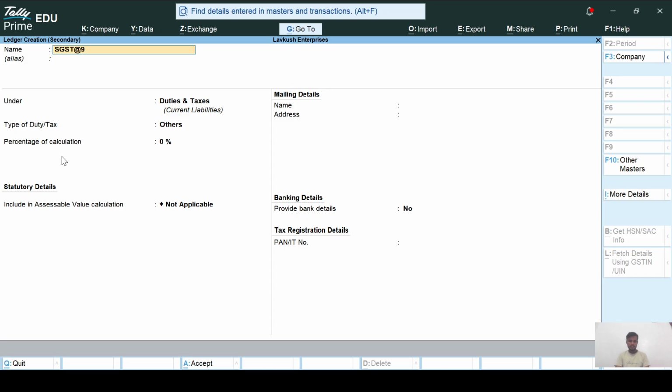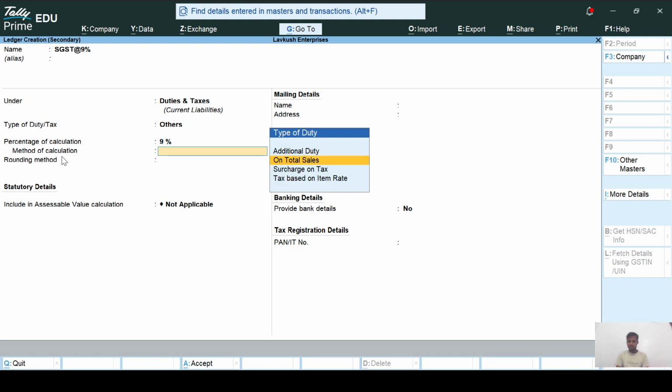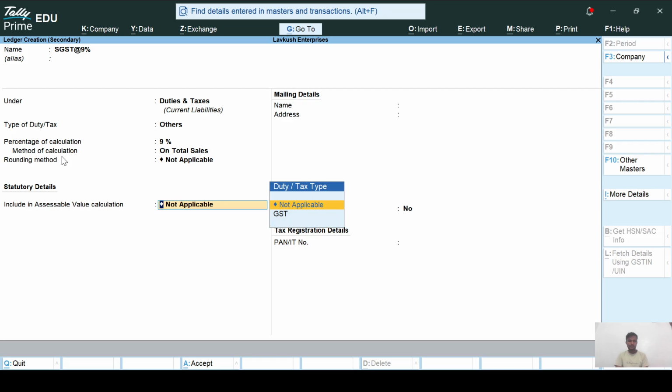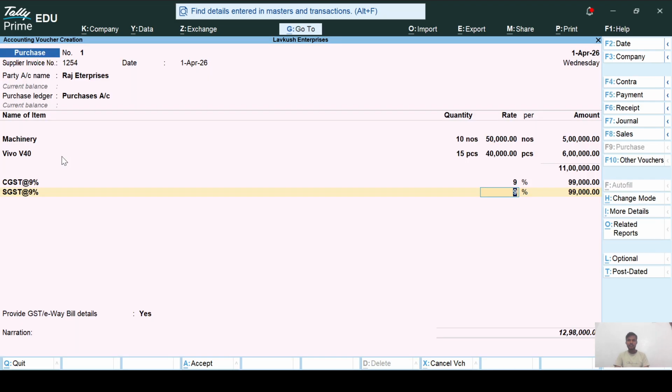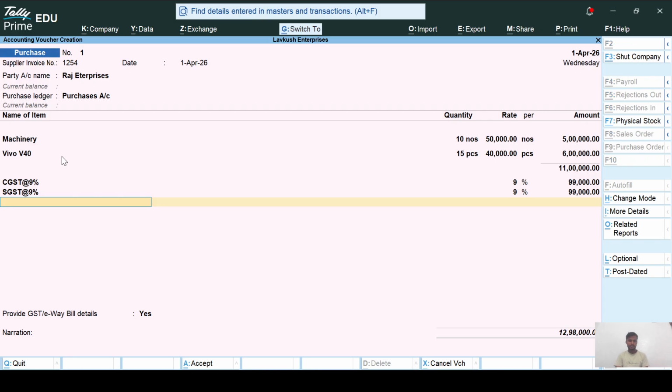Then create SGST, press Alt C and create other GST, SGST at the rate 9%. Under duties and taxes, others, 9%. Total sales not applicable, not applicable, press Control A, and then it shows 99,000 rupees. In this video I show the GST with purchase of items, and then press Control A,